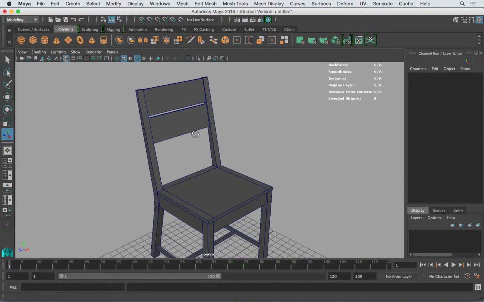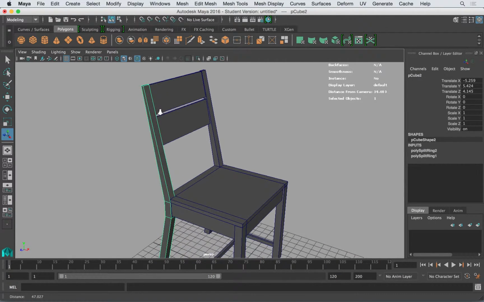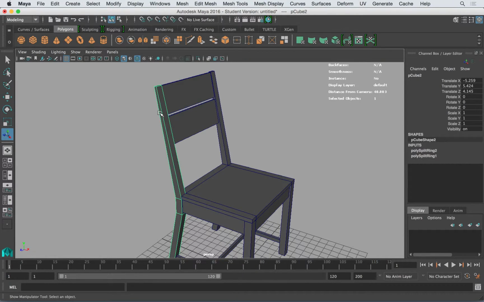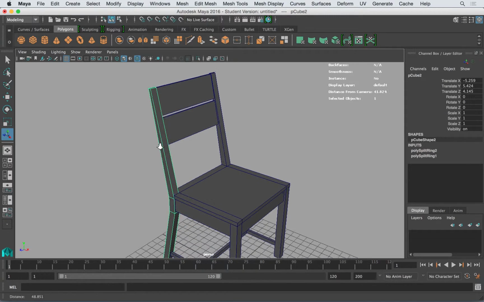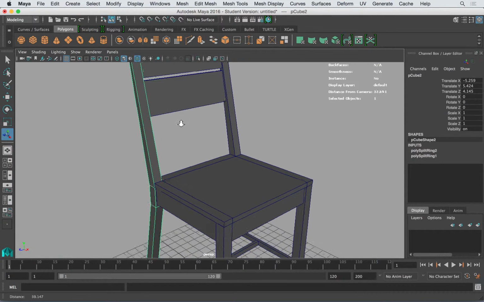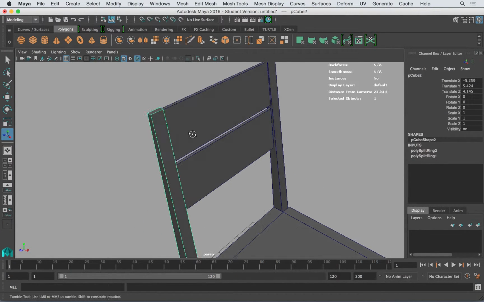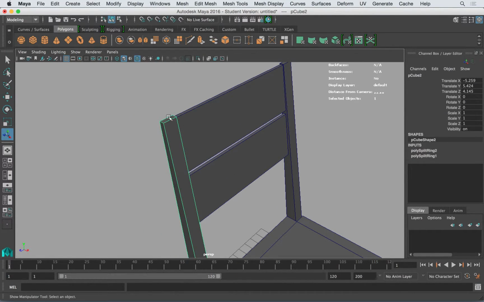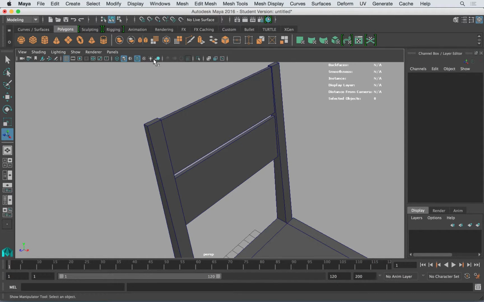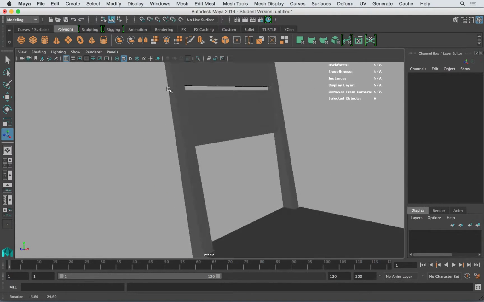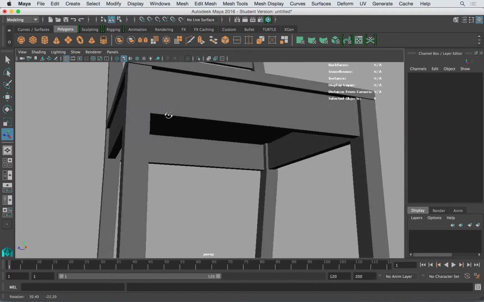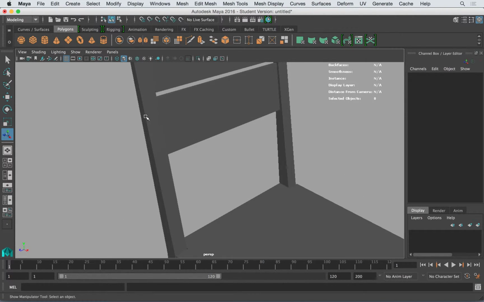So the way to do it, I'm going to select this guy. This time I'm just going to add bevels everywhere. I don't usually do that. I actually go and select only the contours of a shape, but this time I'm going to do it just so we can see how it translates into the image here. If I turn off the wireframe on shaded, you can see that the chair is done, but it's very sharp. So I'm going to select this piece,